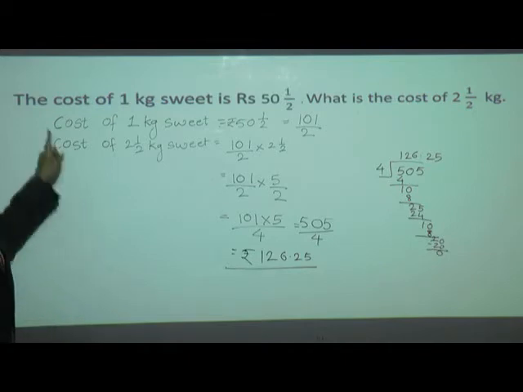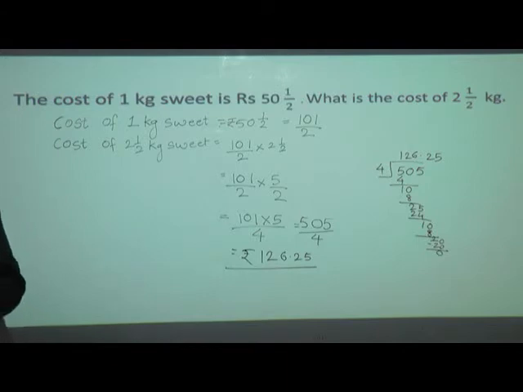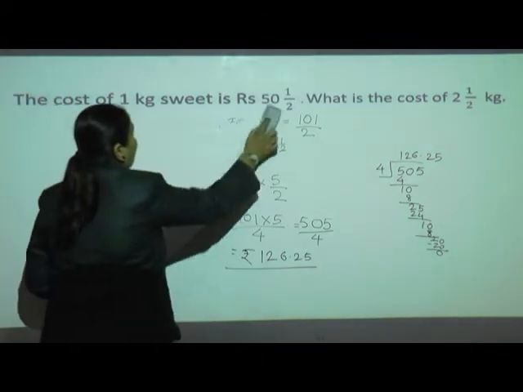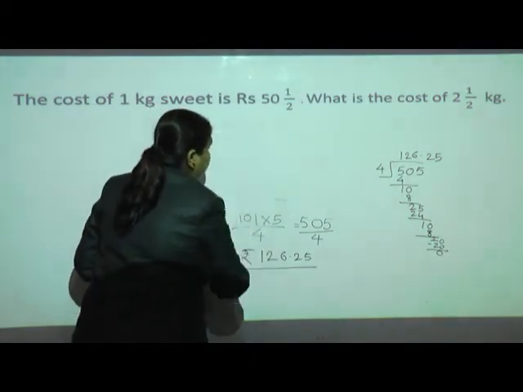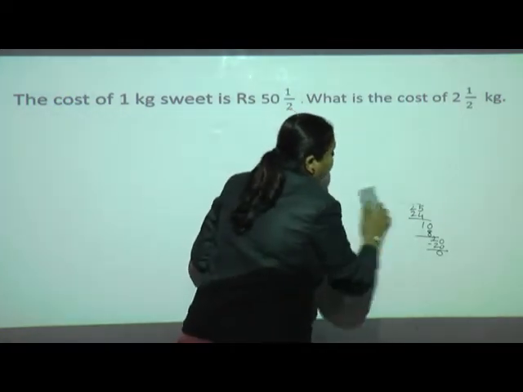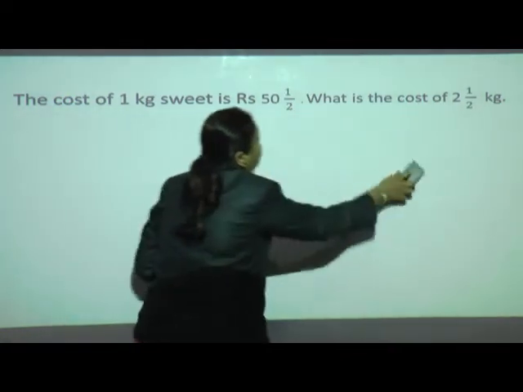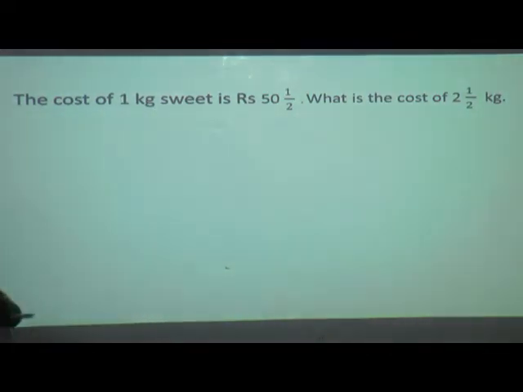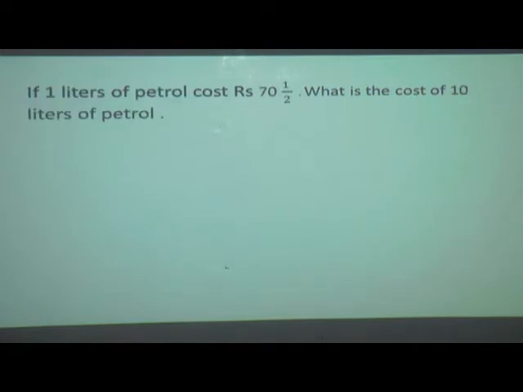So in this way, first try to understand the statement and then find out which type of operation we have to use for this statement. Then if it is a mixed fraction, we have to go for an improper fraction, and when the question is to find rupees, the answer should not be in a fraction, it should be in a decimal or something. Now here one more example we have, which is very similar to that.